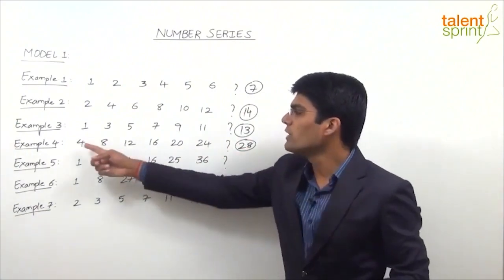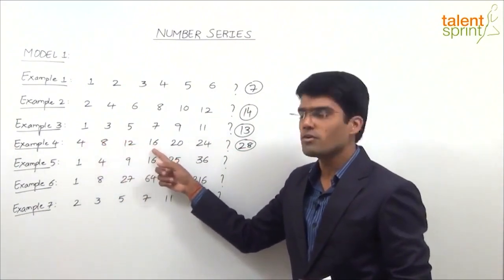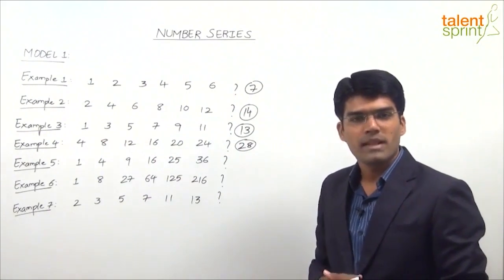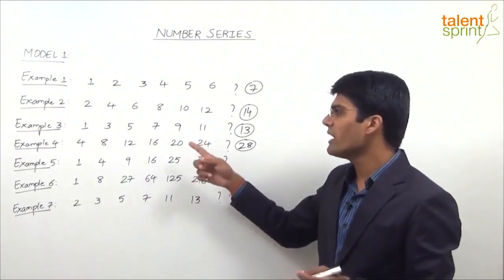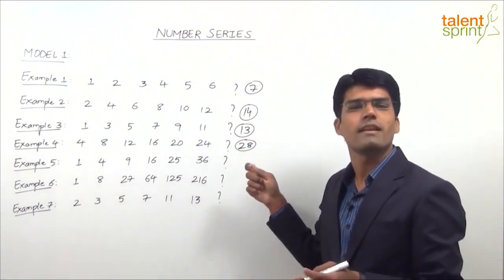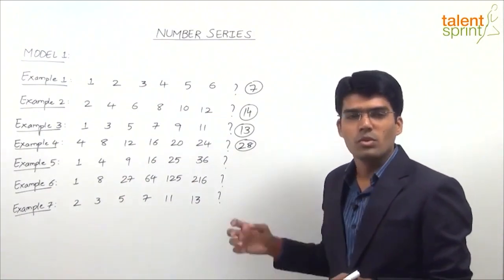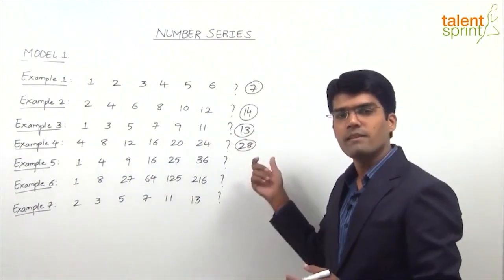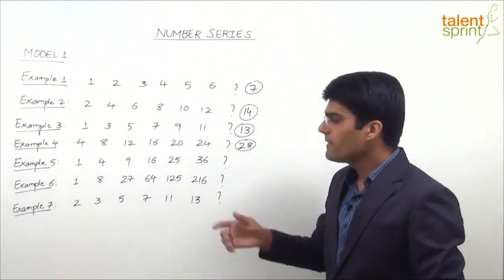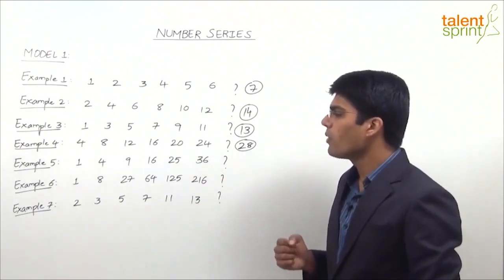That is nothing but 4 into 1, 4 into 2, 4 into 3, 4 into 4, so on up to 4 into 8. Likewise, the given series may be multiples of any integer. Instead of 4, 8, 12, we may have 6, 12, 18, 24 and so on. So we should be able to understand that these are multiples of 4 and then find out the missing term. The fifth example here is 1, 4, 9,